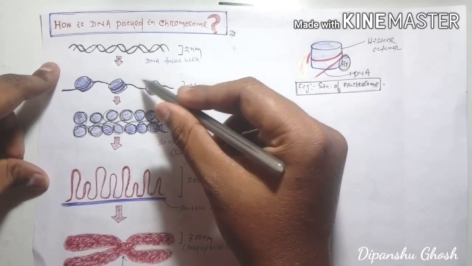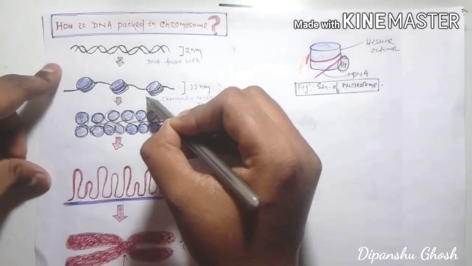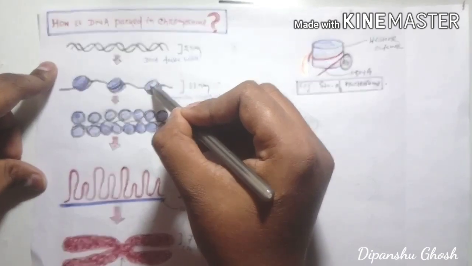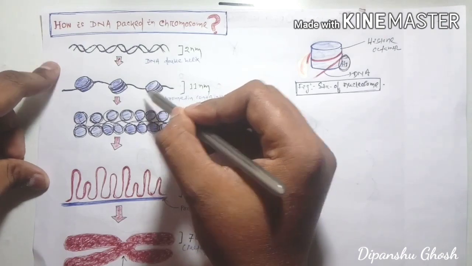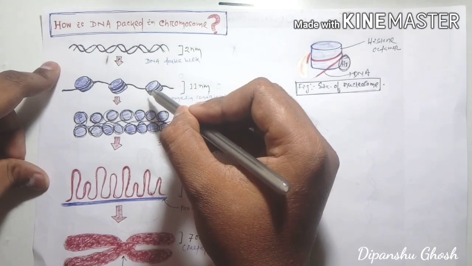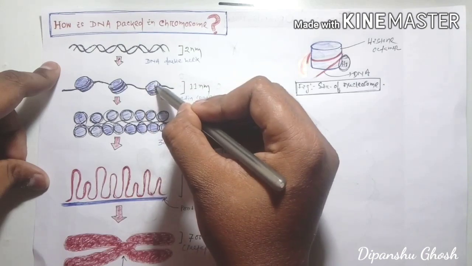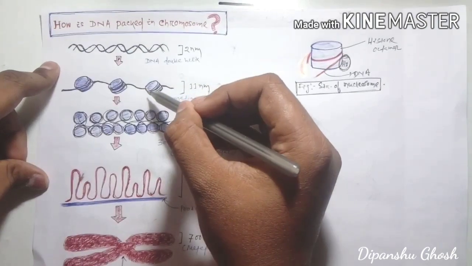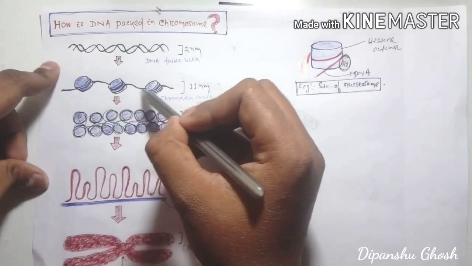This whole structure is the chromatin, because in the process we have DNA and we have histone, right? As I already told you a few minutes ago, when DNA and proteins are put together, the structure is called chromatin. Here is your DNA, here is your protein, that means histone protein. So when the histone protein gives some area for the DNA molecule to be wound around it, it forms this type of structure. This is called chromatin.